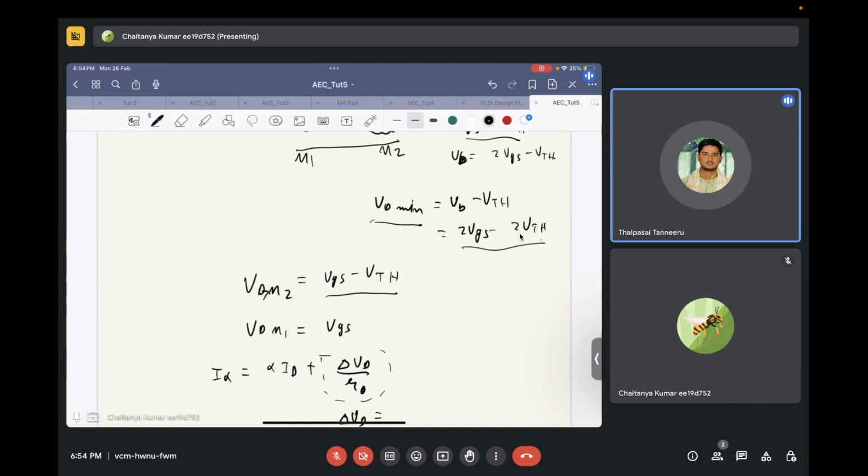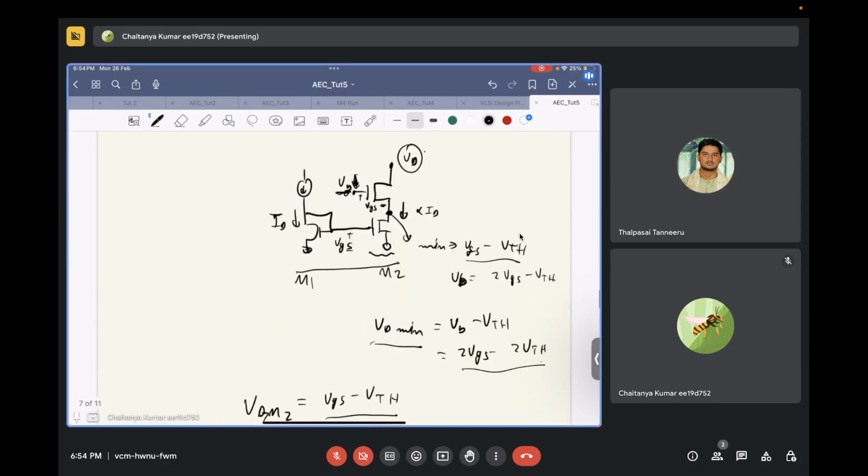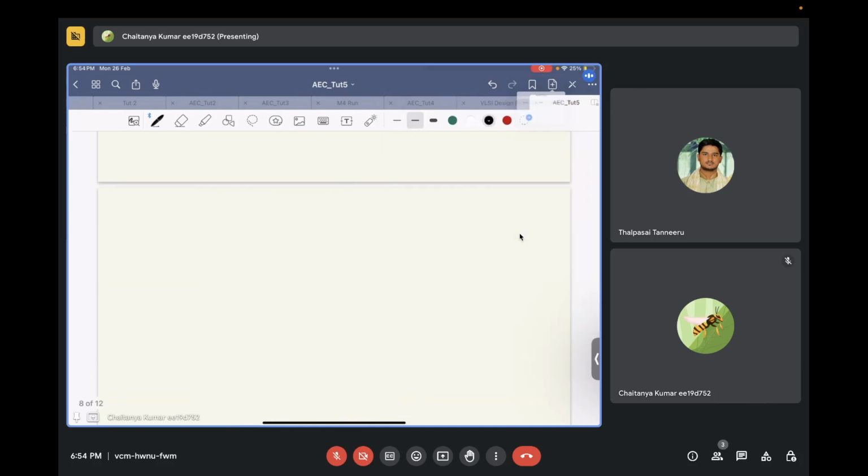Yes, sir. While making this, we went to cascode. No, no, M2 is already cascode. You need to insert something. So basically, what you need to do is